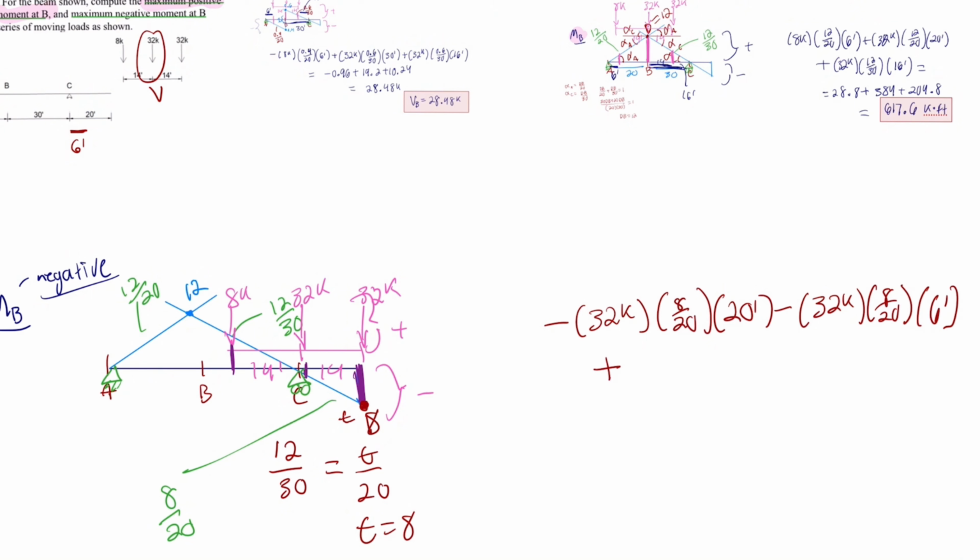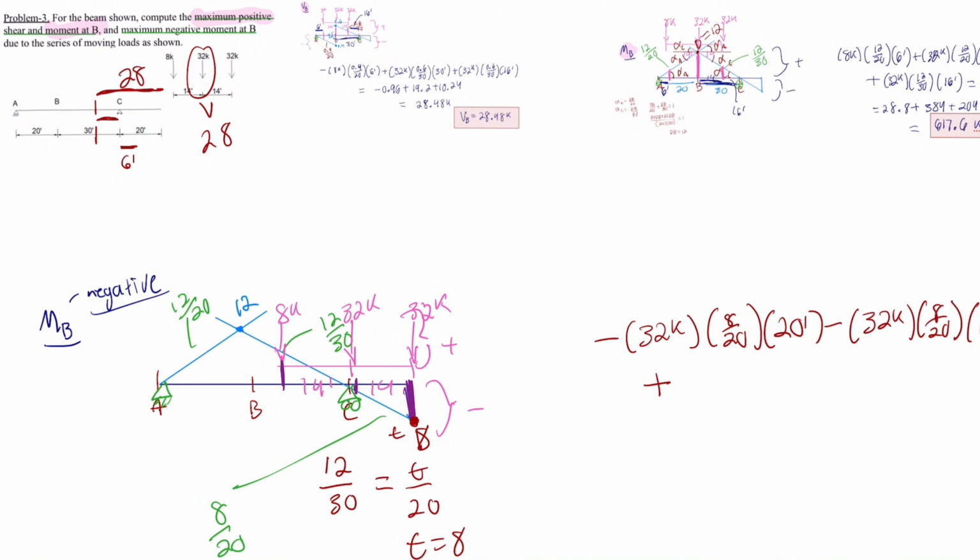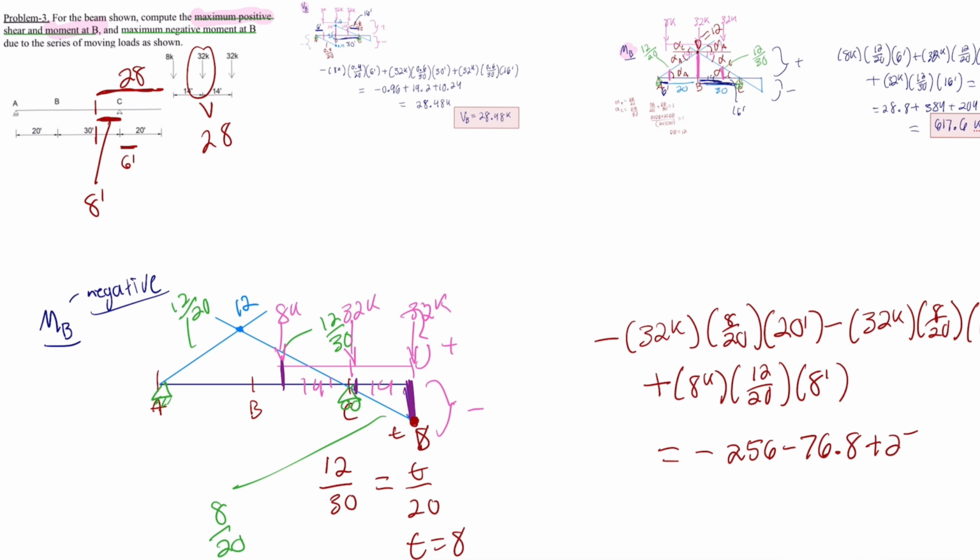So we know that 14 plus 14 is equal to 28. So then we know that the 8 kip load is somewhere here, and this distance is going to be 8 feet. So then we do plus the 8 kips times the slope, which is 12 over 20, times the distance, which was 8 feet. This would be negative 256 minus 76.8 plus 25.6, which equals negative 307.2 kips per foot, which means that the